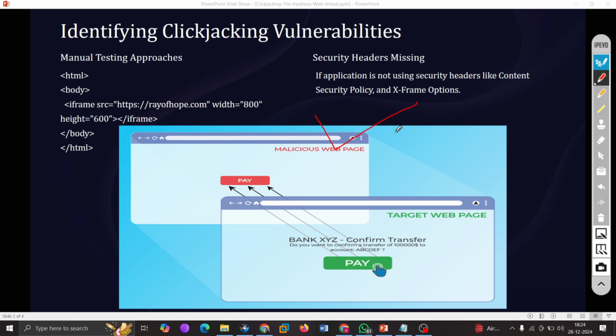All you need to do is go ahead and check whether the security headers are implemented properly or not. Most often, the X-Frame-Options header is responsible for preventing clickjacking. So if X-Frame-Options is not implemented or configured properly, that can lead to clickjacking. Or you can also check whether the CSP header, which stands for Content Security Policy, is implemented or not.